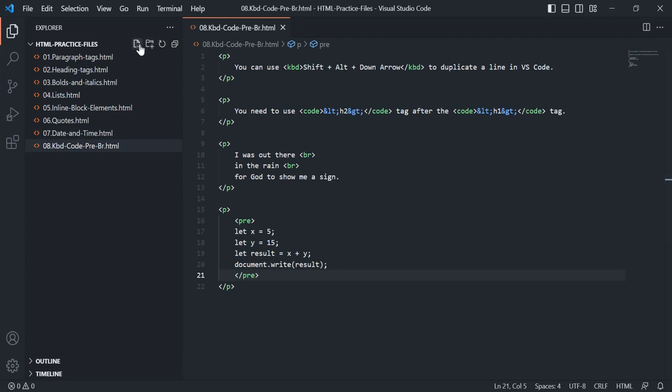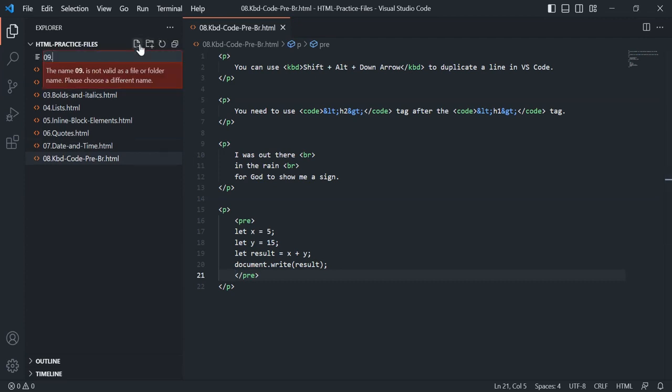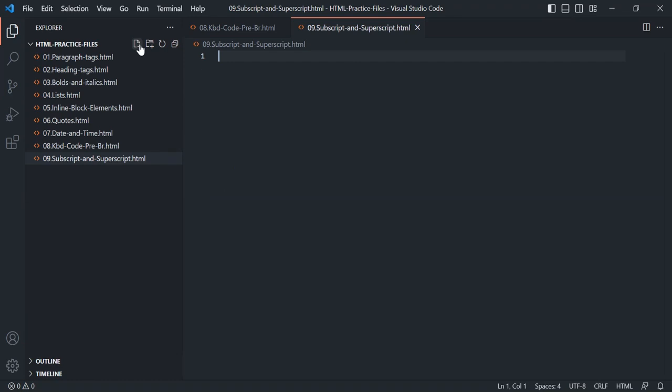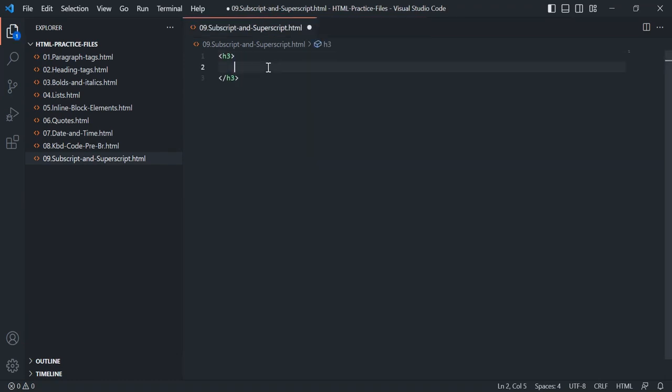Subscripts are characters that are set below the text baseline. For example, let's try writing the formula for water, that is H2O. For that, we'll create a new document. I'm going to call this Subscript and Superscript.html. For this, we'll use the h3 tag, and the formula for water is H2 and